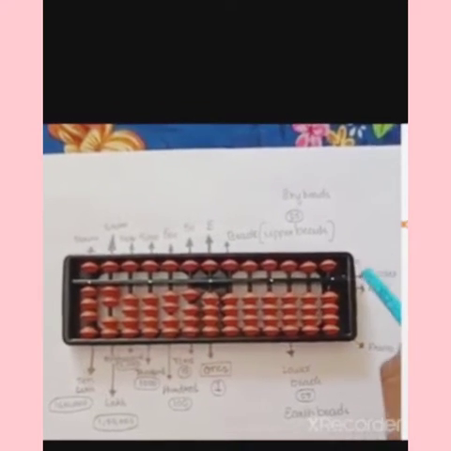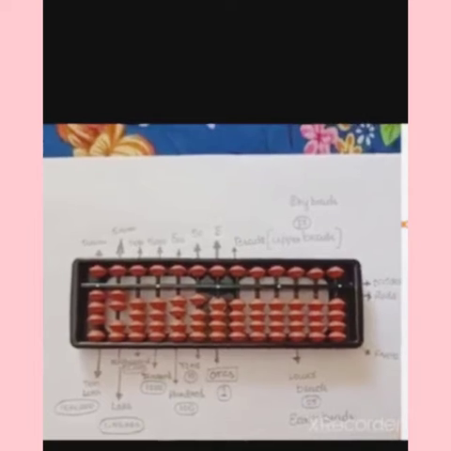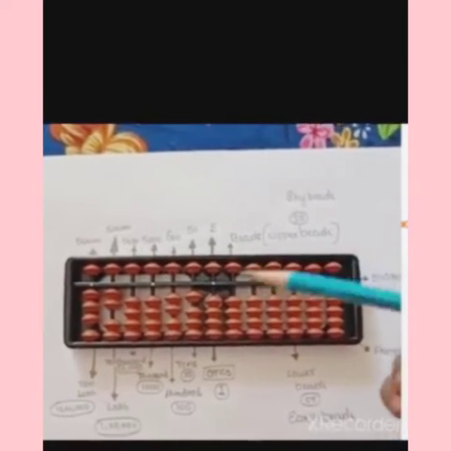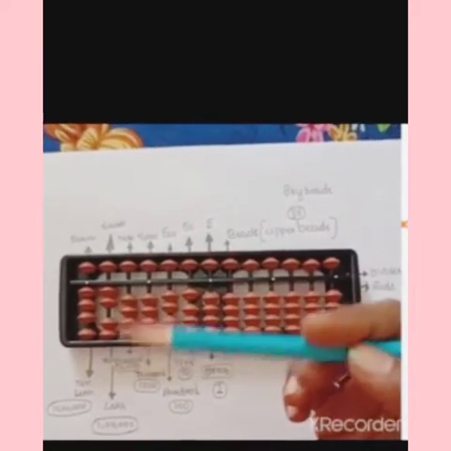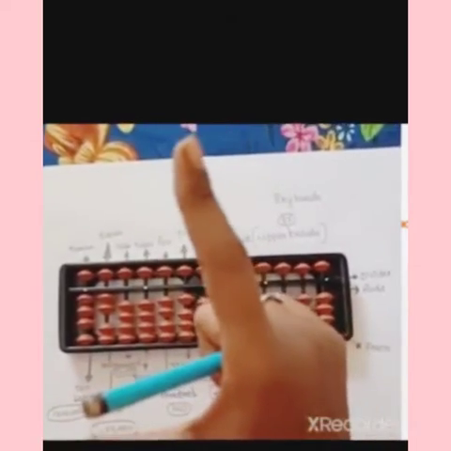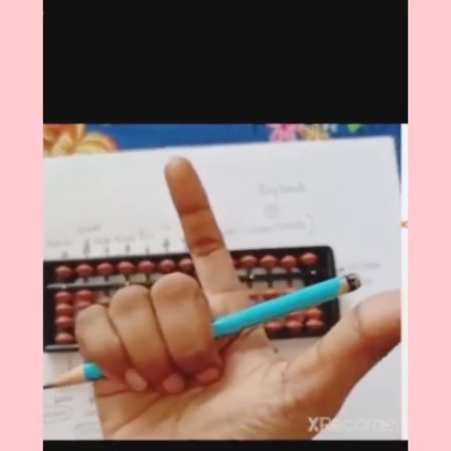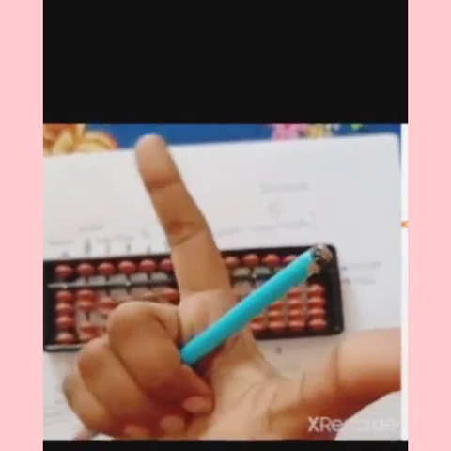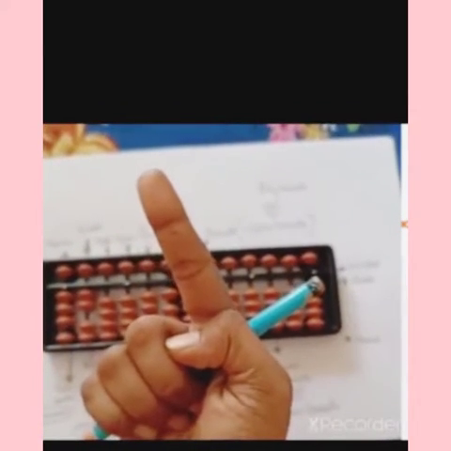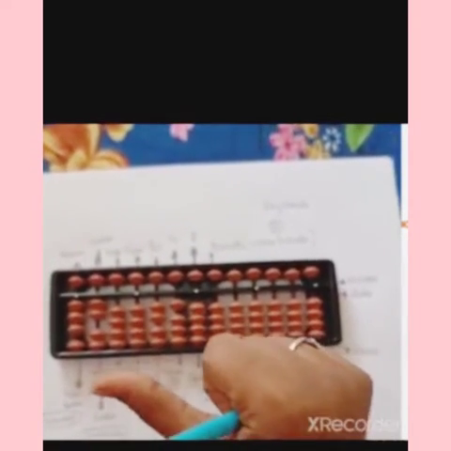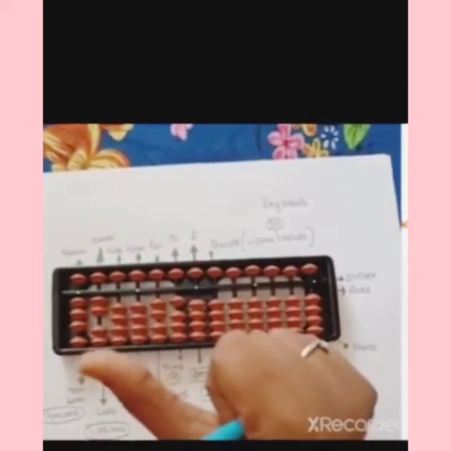This is the explanation of the abacus tool. Okay, here when we are going to use the abacus tool, we need to use pencils. We need to hold like this. Here we should use the pencil with 3 fingers. We need to keep with the 3 fingers, and this is the thumb finger, and we call this one the index finger. When we are going to calculate the beads, we are going to use these two fingers, thumb finger and index finger.